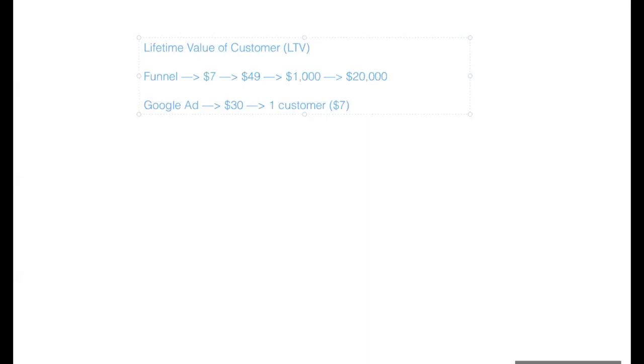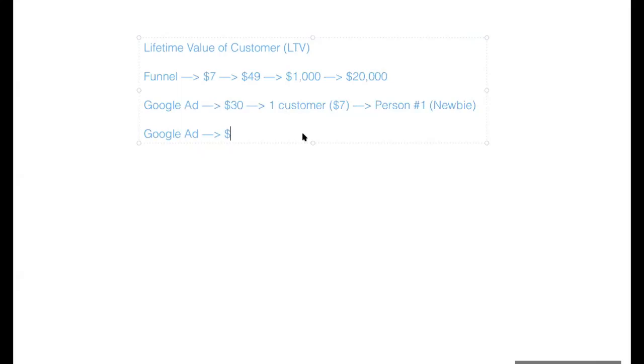So then what if this Google ad continues? This is person number one, a newbie. They're new to the game, new to this advertising thing, they don't understand. Now, person number two ends up spending, let's see, 30 times 10.